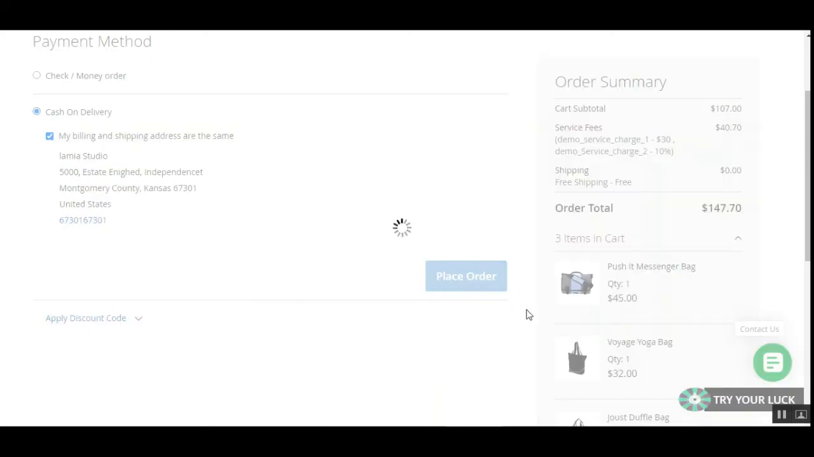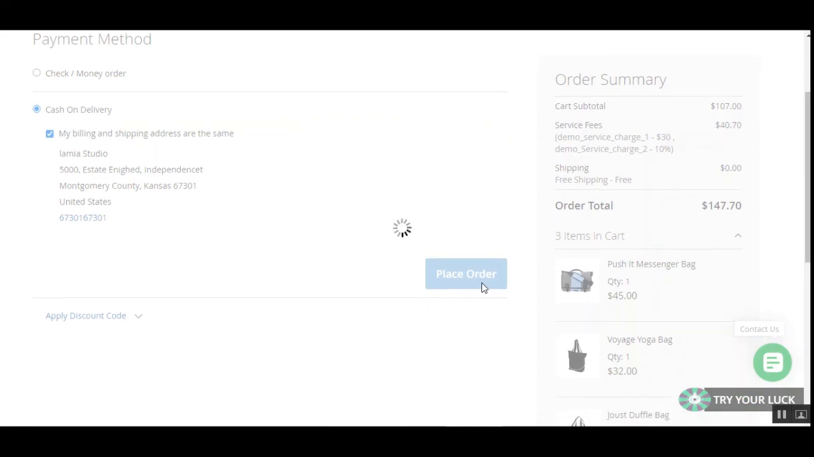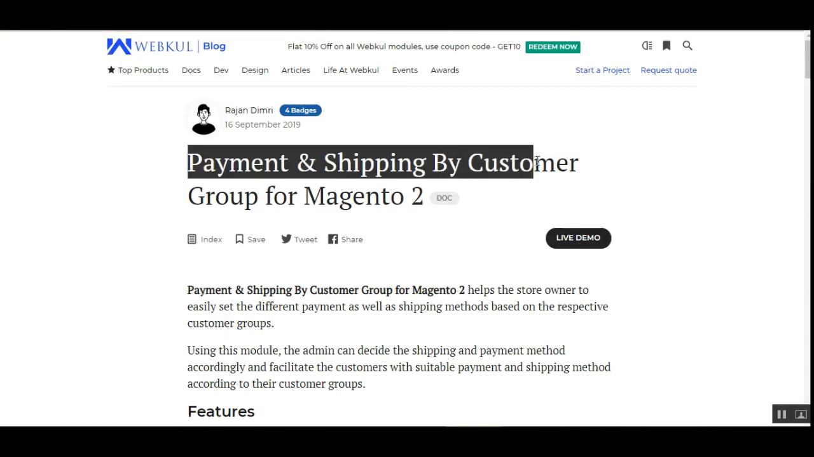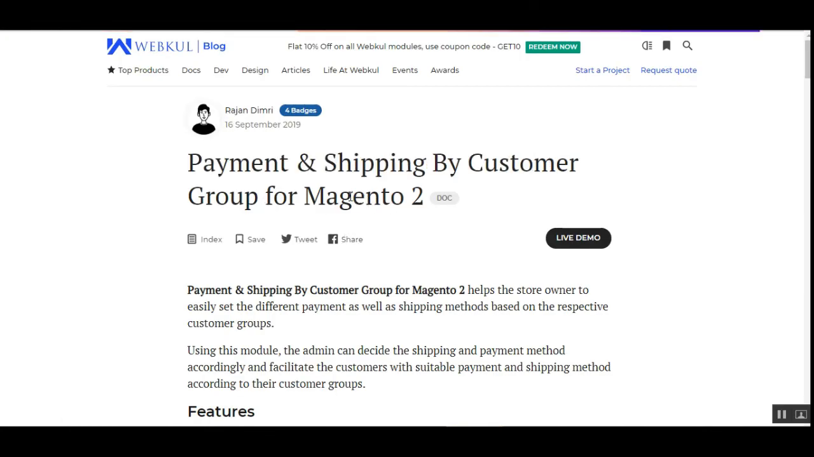Thereafter the customer can normally go ahead and place the order. The customer doesn't know that for his group the admin has set only a specific number of shipping and payment methods. So the admin can also restrict the payment and shipping methods available to a customer for placing the order. So that was much about the payment and shipping by customer group for the Magento 2 platform, and I hope it helped you out in understanding